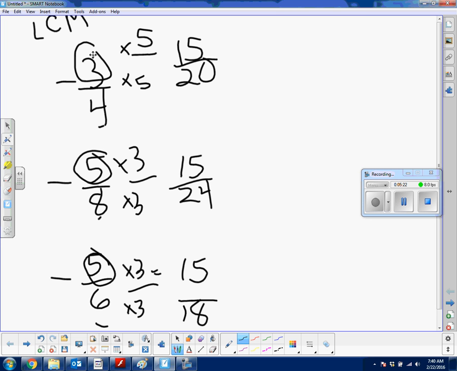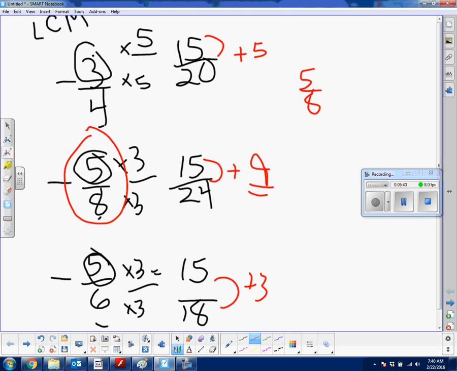So the last step is we've got to think to ourselves, how far away is our numerator from the denominator? Plus 5, plus 9, plus 3. Again, the farther away your numerator is from your denominator, the smaller it is. So our smallest one is going to be 5/8 because of that 9. The second one's going to be 3/4 because of that 5, and the last one's going to be 5/6